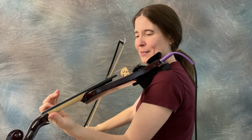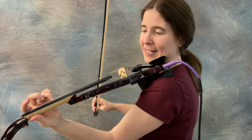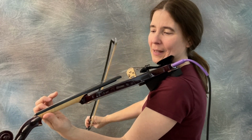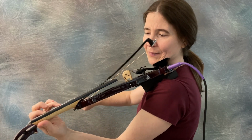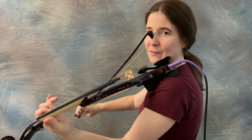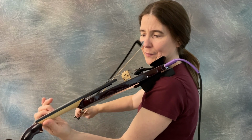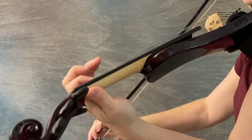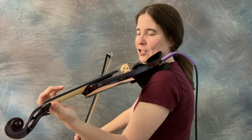Okay, so we're starting here. Our goal note is the third finger on the D string, but we're ramping on up to it, starting on the first finger, with a little going back and forth between E and F, and ending on G. After we hit the G,